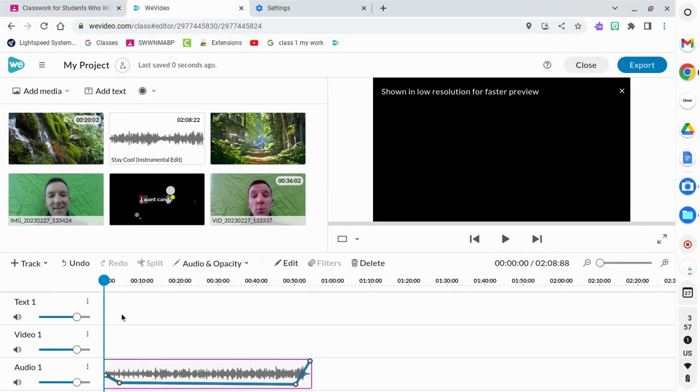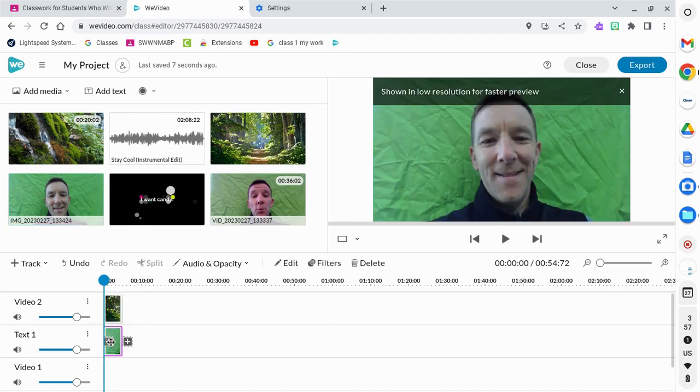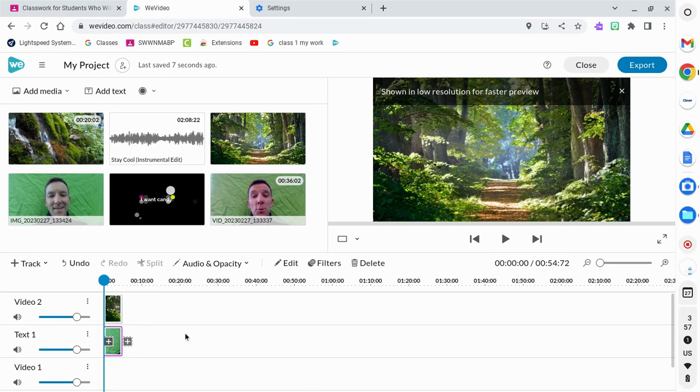When things are on these two levels, you can actually have text, audio, or video on either one of these. You can also add tracks. Things here will stack on top of one another. If I put down this picture and then this picture, since this one's on top, you won't see the one underneath. If we switch them,